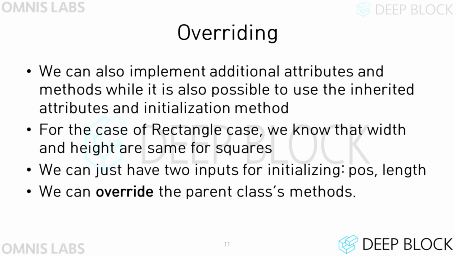Generally, the reason to create a child class is to create a new class that has some difference with the parent class. Therefore, there may be differences in some attributes and methods. For example, we might implement a method of a parent in a different way. This is called overriding in Python.